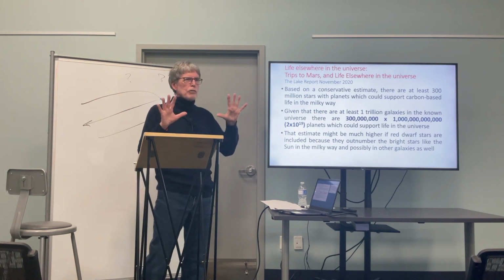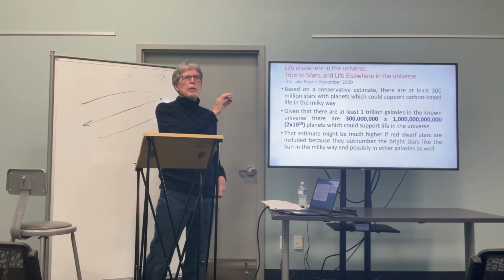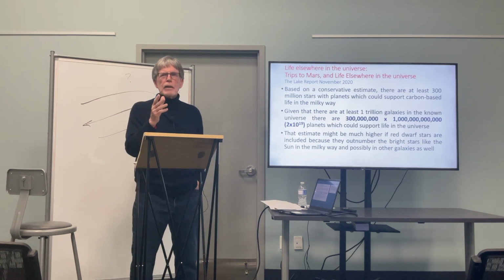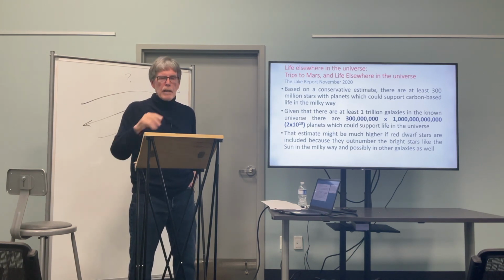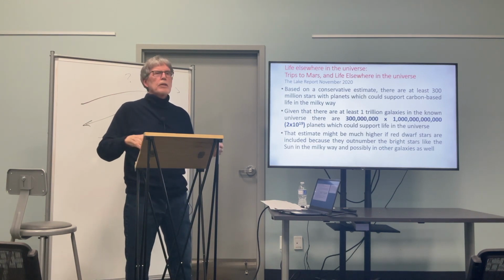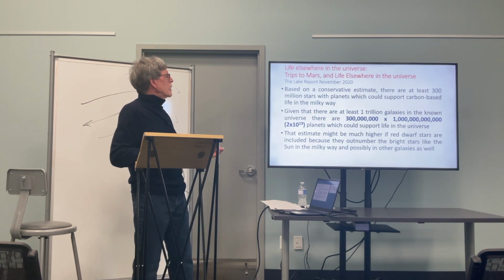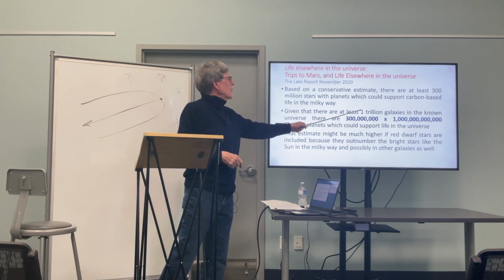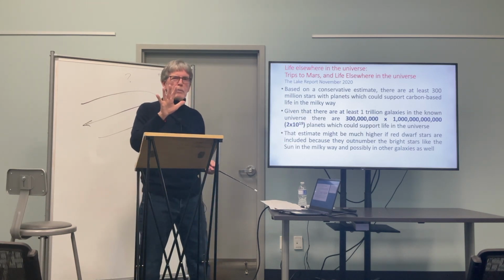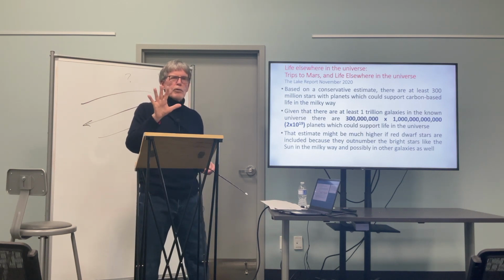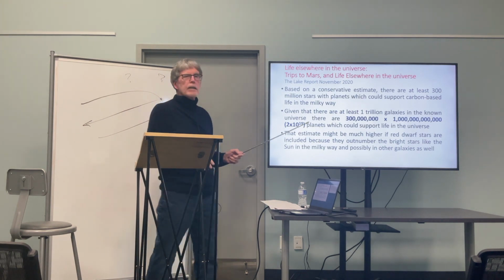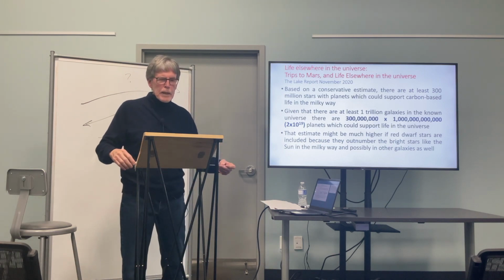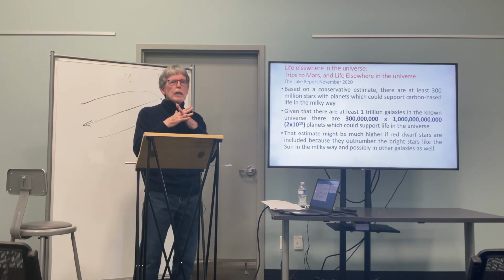300 million possible exoplanets. When people talked about Hubble finding 2,000, it became 3,000, 4,000 possible exoplanets. By the way, a Nobel Prize was given for that discovery in the last few years. Those exoplanet studies were originally done in the late 1900s. But if there are a trillion galaxies, and now it would seem that that's closer to 2 or 3 trillion, just do the numbers, multiply them, look at the figure you get, 2 times 10 to the 19th. So even if the probability of life was something like 1 in a billion,